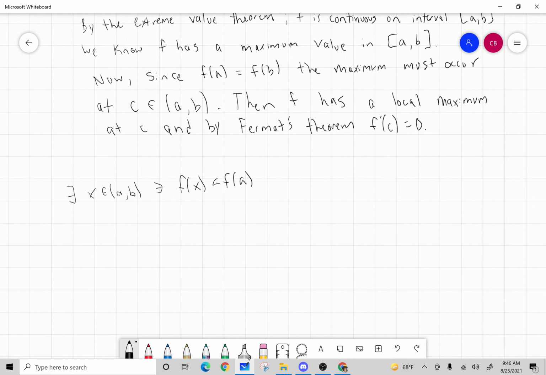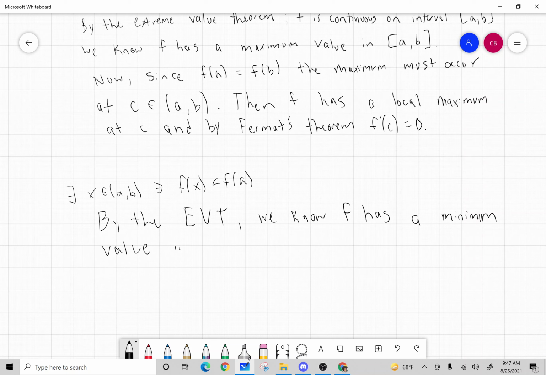So by the extreme value theorem, EVT, we know f has a minimum value in the closed interval [a, b], and then since